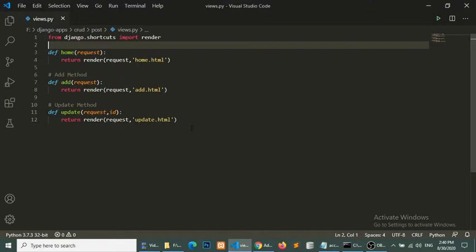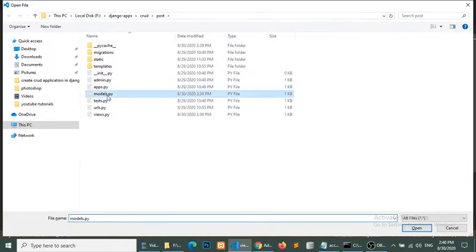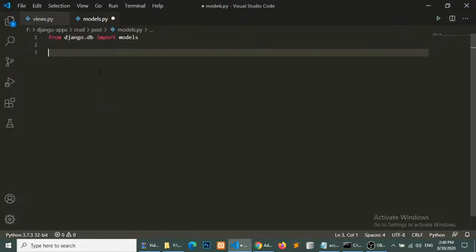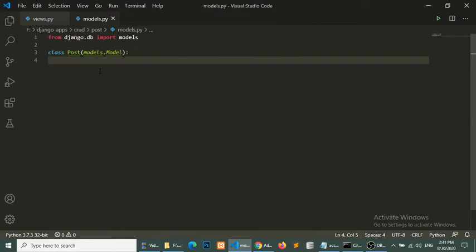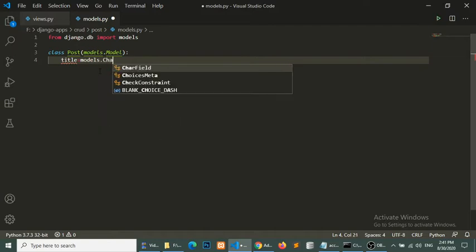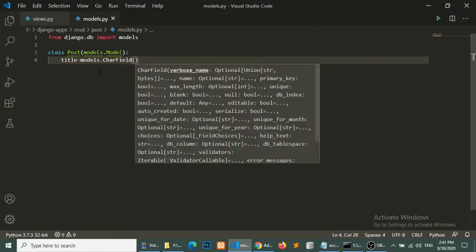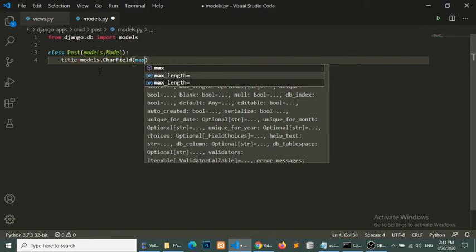So open your models.py in the application folder and create class Post(models.Model), and the first field will be the title field, and this is a character field.